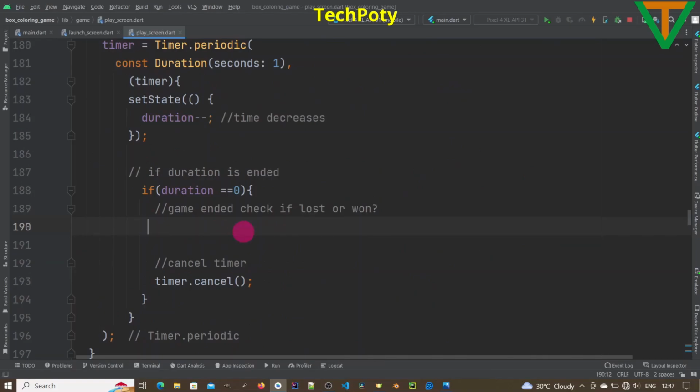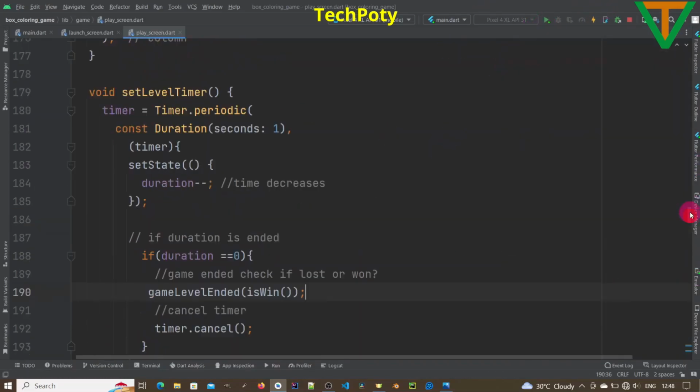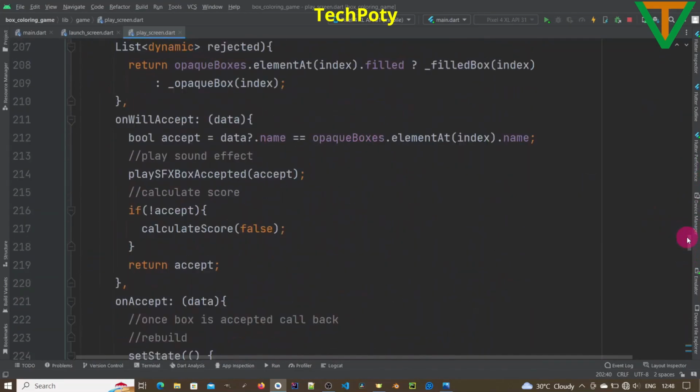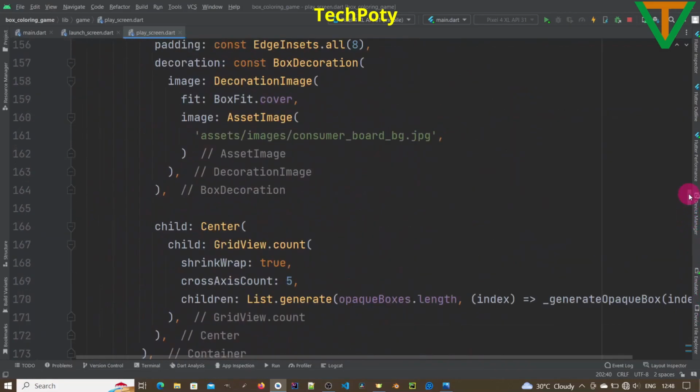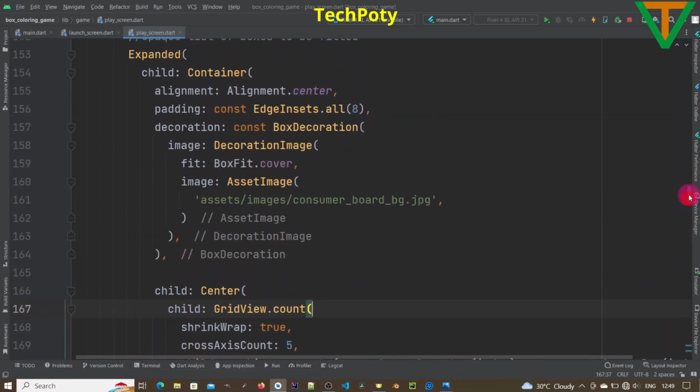Okay, so game ended, check if lost or won. Game level won. Yes, if lost, it goes to that next screen. Okay, check if everything is good before running the application for now. Alright,